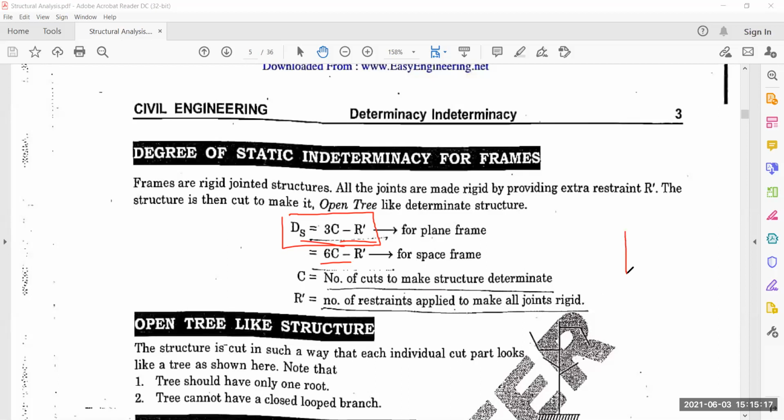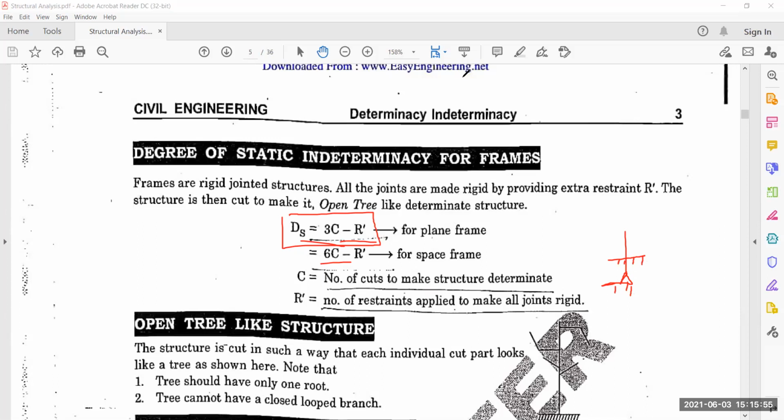So in that fashion, if there is a hinge support, we make this structure fixed. This is our first step. Then, after fixing all the supports, we think of our structure as a tree. All the roots of the tree must be fixed roots, that means fixed supports. Then we cut all the branches of our tree, that means we cut all the members of our frame.